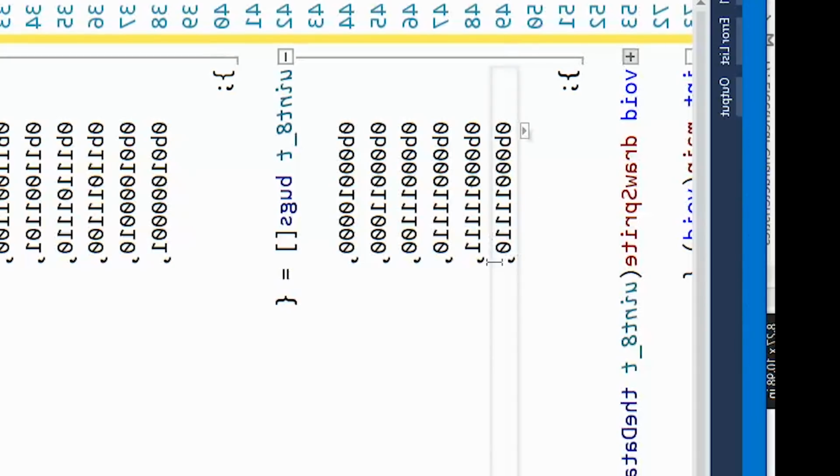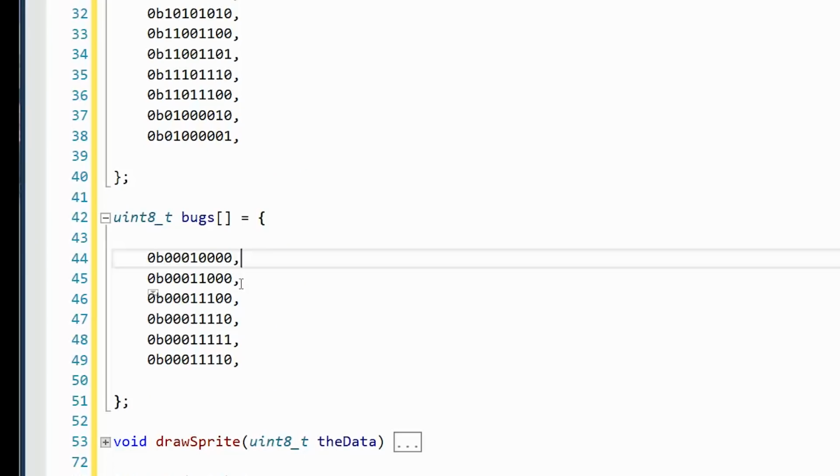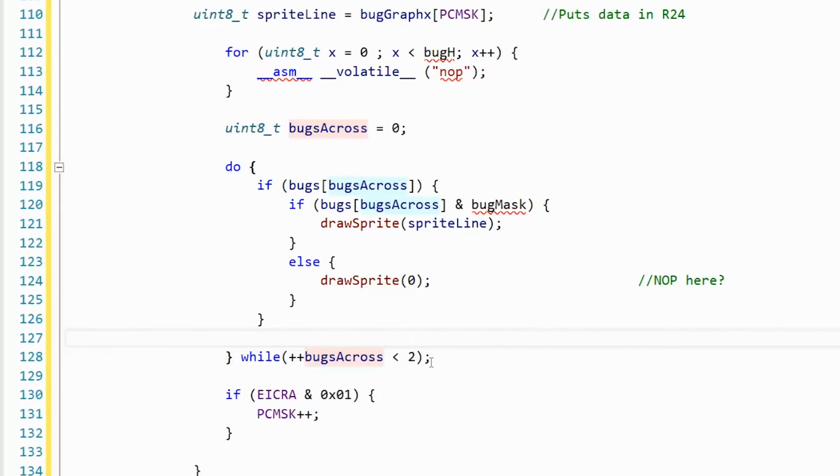And the reason I did that is because it's actually less math to figure out what bugs are there or not. And so what we'll do is, for each line, because remember these are the rows of bugs, we'll see if the bit is there, and then we'll draw the bug, or we won't draw the bug. So on each line, we're going to look at each segment of this array, right? Then we're going to say, okay, is there a bug here? Is there a bug here? Blah, blah, blah. And then for the next row of bugs, bug mask will shift one to the right, so we'll be comparing this, right? We're going to drop to 6 bugs, but for right now I'm only going to draw